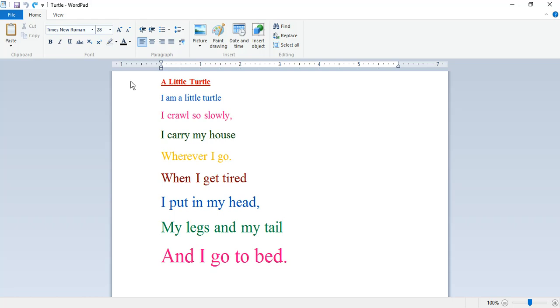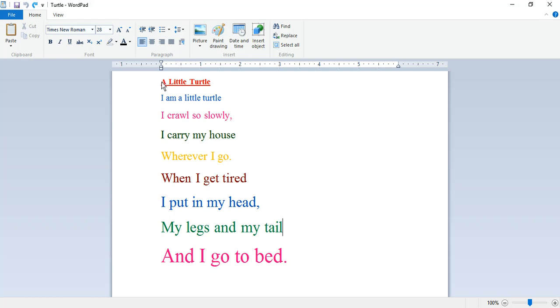You can see here that I have written this poem with the help of different text color and I have taken different size for each line. In this class, we will do the study of font. It means how to change the handwriting of every line. So for this we have to select the line and then we can apply the font.